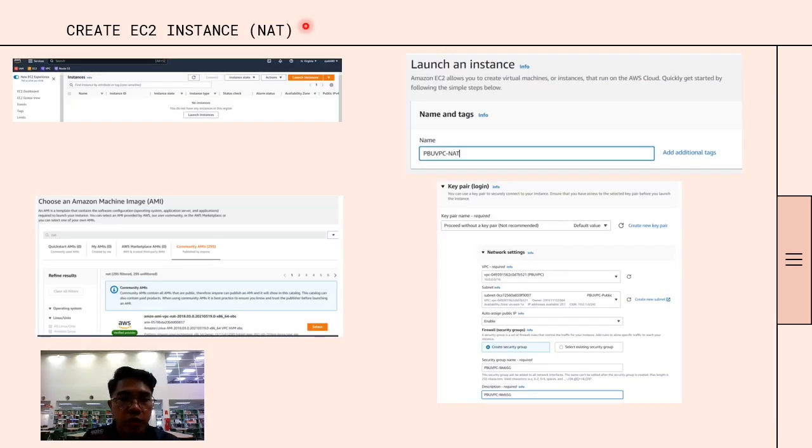Next, we need to configure EC2 instance NAT. Firstly, click Launch Instance to create a NAT instance. Secondly, fill up the NAT name, which is PBU VPC-NAT as a picture in the upper right. And then search NAT and choose the top of NAT from AMI community. And then this NAT doesn't need to use key pair, and then configure the network setting by